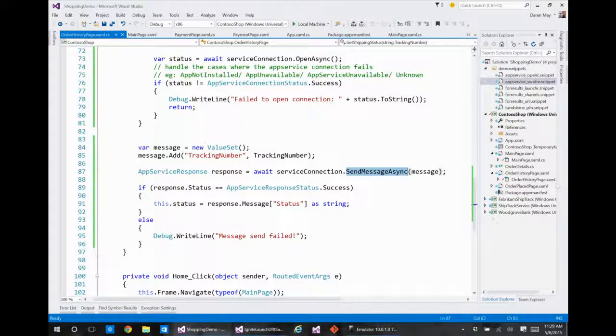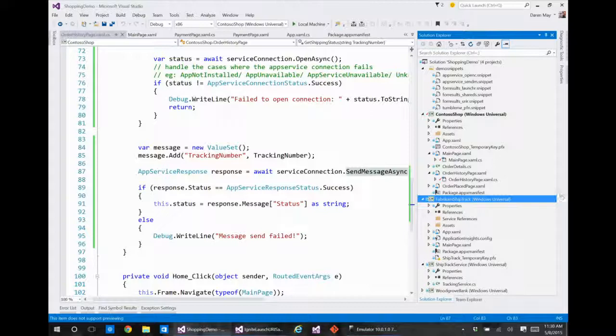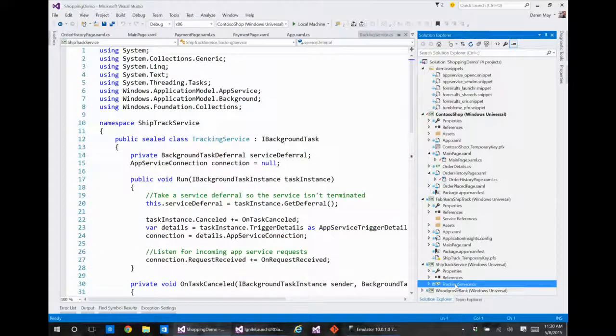Before I jump back out of here, let's show you how that gets registered. So we have Fabricam Ship. This is the application. And we also have Ship Track Service. There's just one class in there. This is a WinMD component. A WinMD component is how you encapsulate a store class.